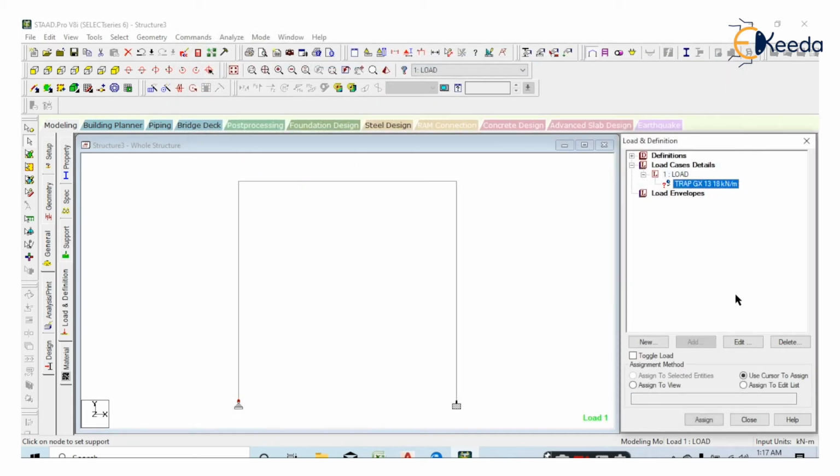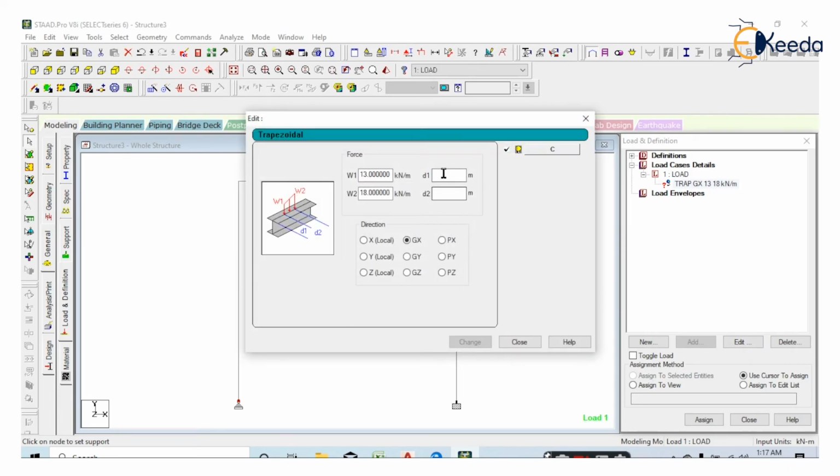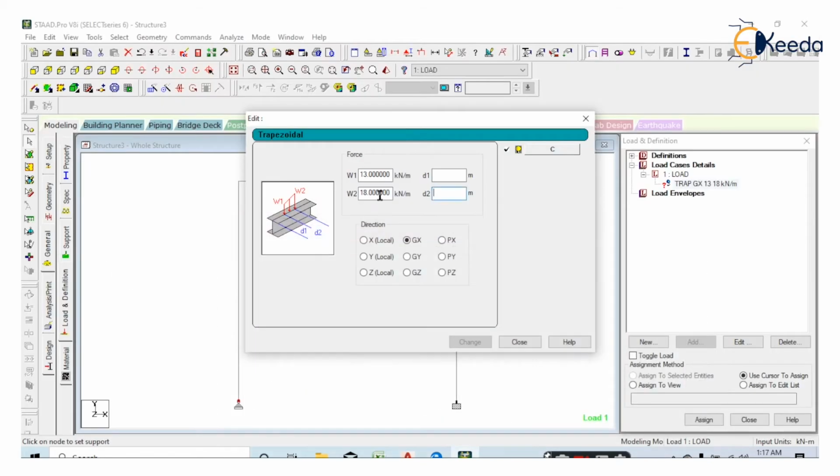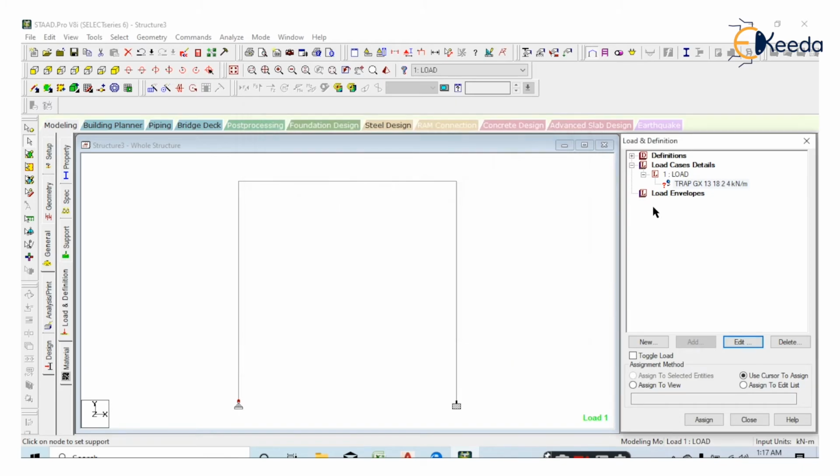Just edit it for D1 and D2. D1 is 2 meter. D2 is 4 meter, right? Change and close. You can assign it.